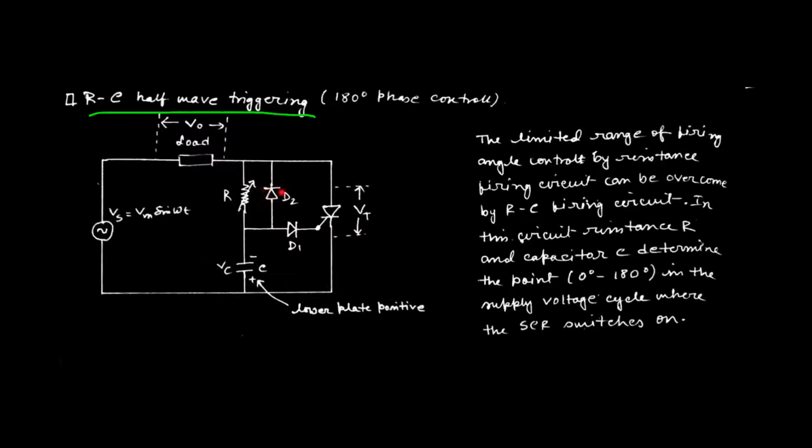But in this case, the diode is in reverse biasing condition, so the diode stops conducting. That is why the current cannot enter from the diode to the capacitor. That means the discharging current of the capacitor should flow through the resistance, this variable resistance R. And the capacitor starts discharging across this variable resistance R.